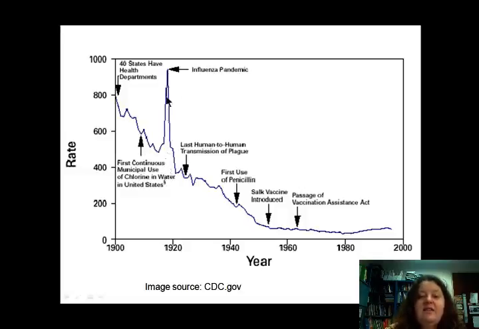Take a look at this spike. You might have wondered about that when you saw it on the graph. We're clearly getting a handle on infectious disease, and then all of a sudden, whoa, what is that, right? Well, that's the 1918 influenza, which we will also talk about. So if you want to think about a plague in our times, that was one, right? That was a pandemic influenza spread all over the globe, and it was a particularly nasty influenza that killed many more people than we normally see with influenza.